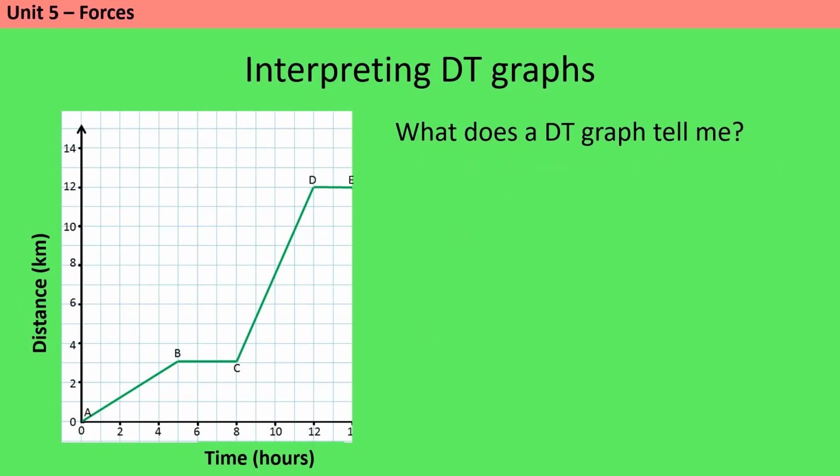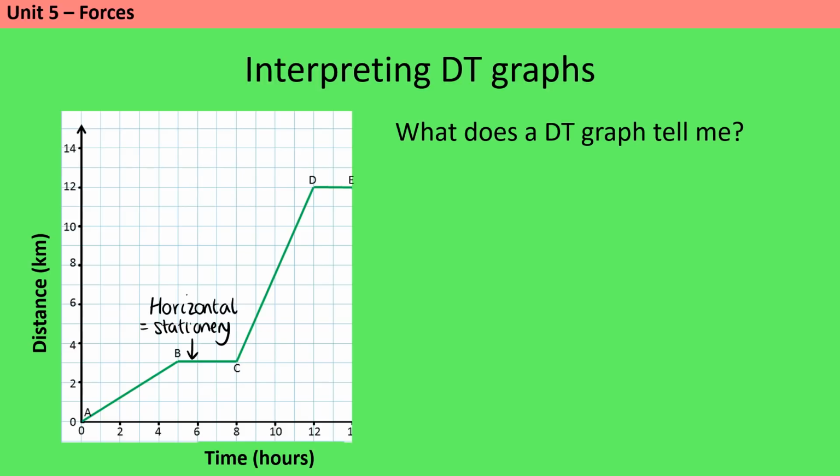You should be familiar with two different types of motion graph, and it's important to know which one you're looking at. So make sure that you've looked at the y-axis and identified whether this is a distance time graph or a velocity time graph before you start. We can use distance time graphs to tell us about the motion of an object in both qualitative and quantitative terms. So if we ignore numbers to begin with and we just think about the general shape of the graph,